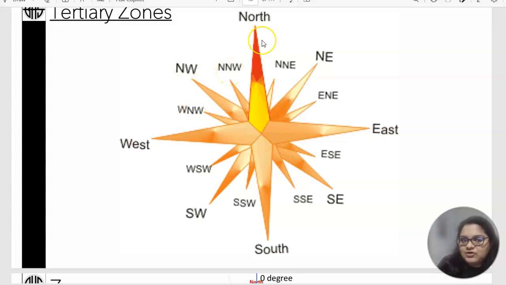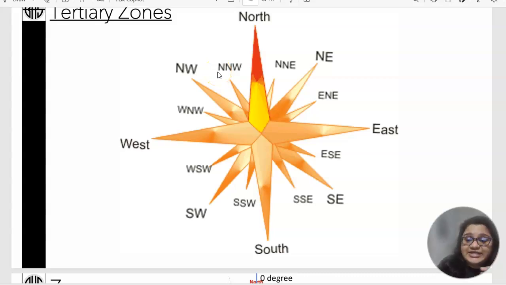Now, let me again give you a quick recap of what we covered. North, east, south, and west are your primary cardinal directional lines. Your northeast, southeast, southwest, and northwest are your secondary directional cardinal lines. Then north-northeast, east-northeast, east-southeast, south-southeast, south-southwest, west-southwest, west-northwest, and north-northwest become